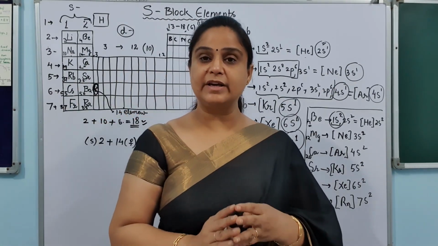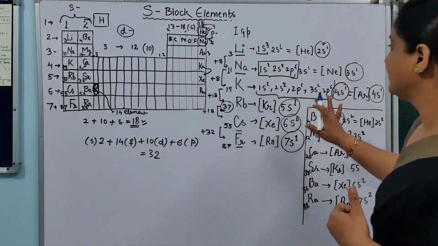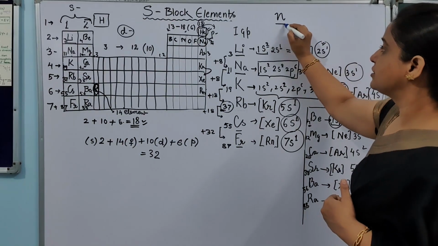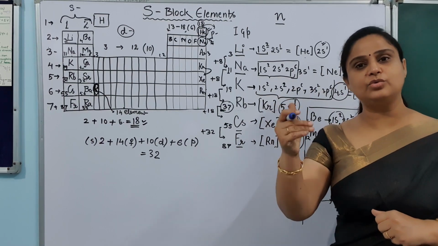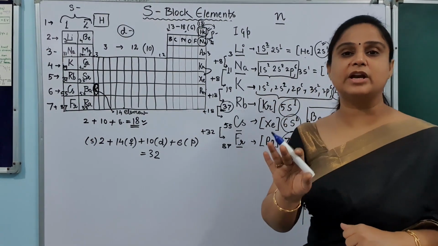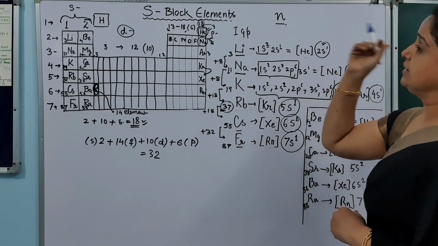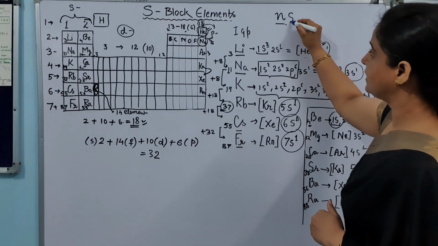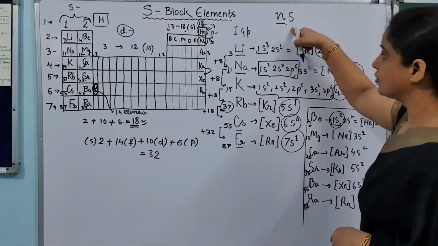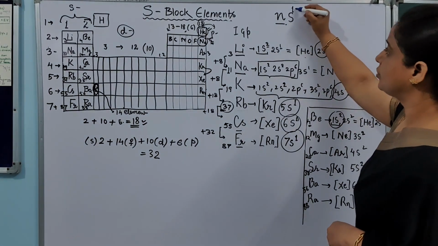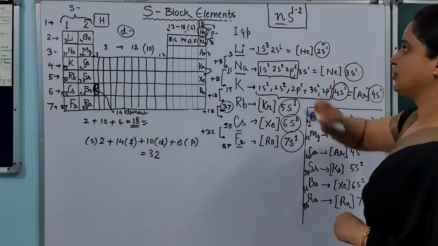orbital. If I want to write down the general electronic configuration for the s block elements, all of you have seen here that the general electronic configuration represents the nth shell. Nth means it is either 1 or 2 or 3 or 4, whatever the shell is. The outermost shell configuration should remain the same. So here this n represents the outermost shell. So the general configuration of an s block element will be ns, meaning in the s orbital of the outermost shell, whatever the shell is, there is either 1 electron or 2 electrons. So this is the general configuration of an s block element.